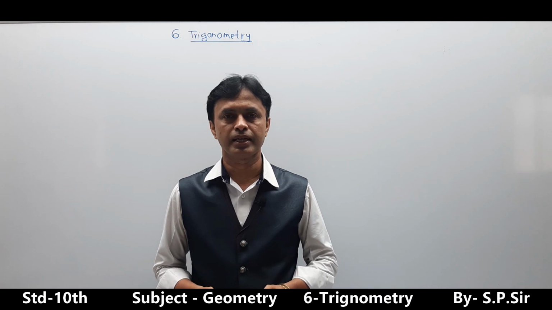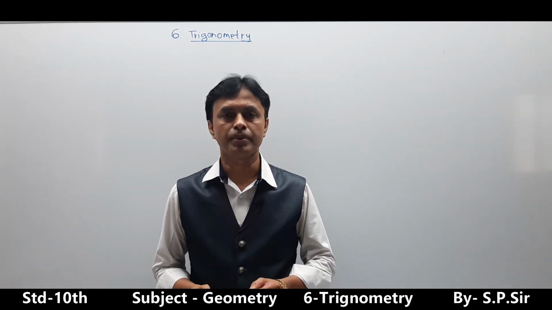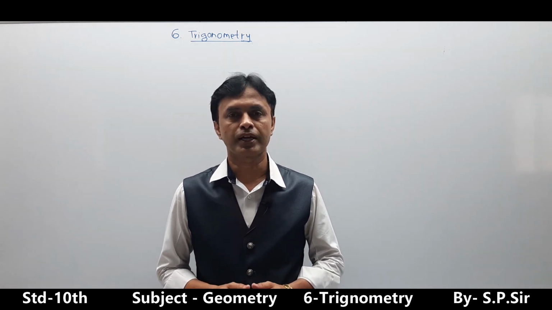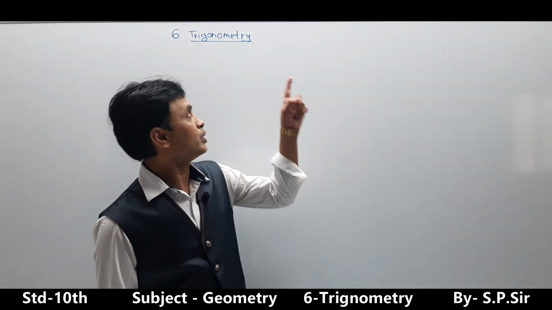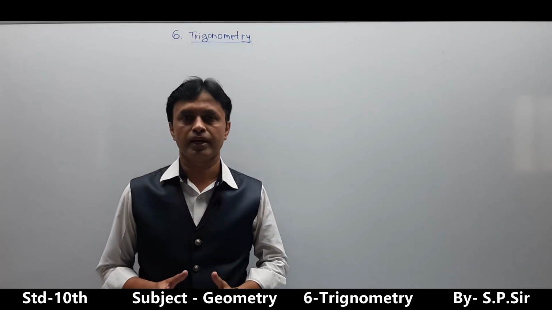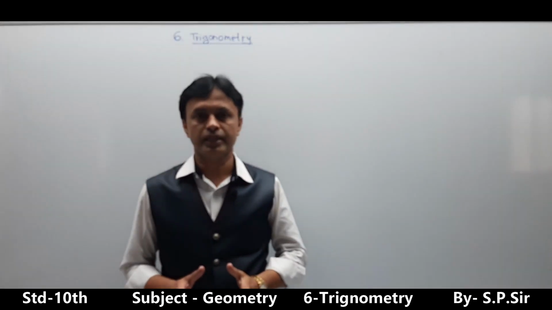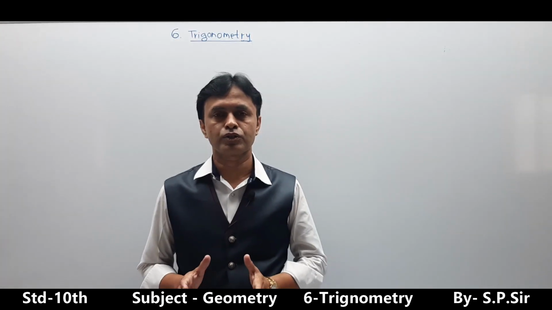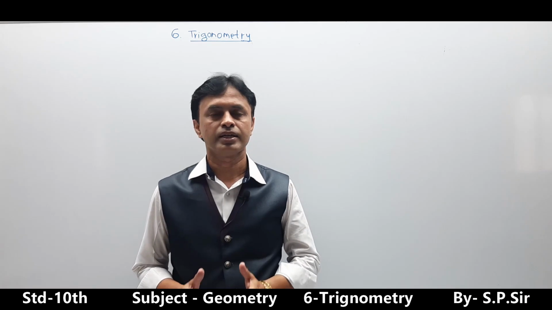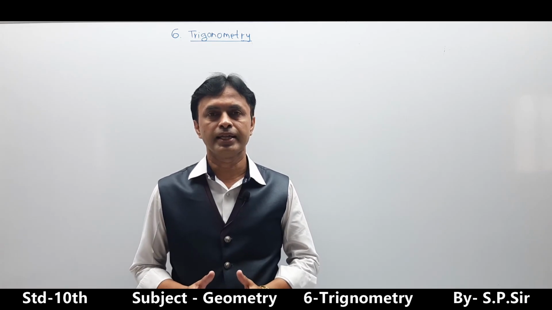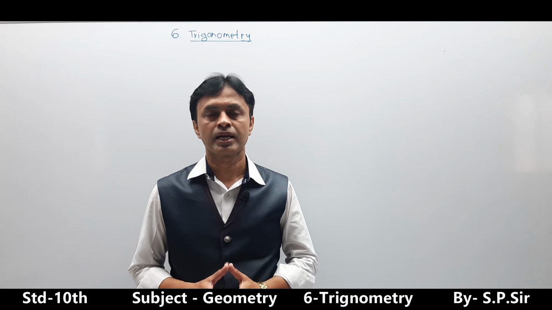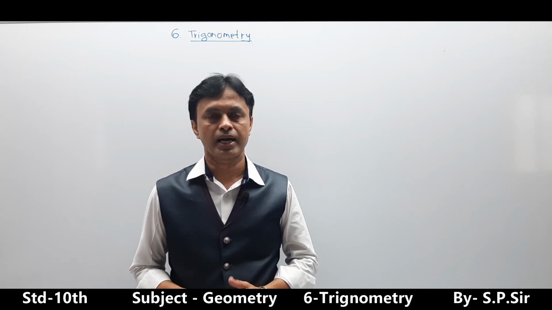It basically contains a triangle and a geometry related with the triangle. So the fundamental definition of trigonometry: trigo means triangle, I repeat, trigo means triangle, and metry means geometry. The part of geometry which is related with the triangle is called trigonometry, and in that case the basic principle is that one angle must be 90 degrees. I repeat, one angle must be 90 degrees.